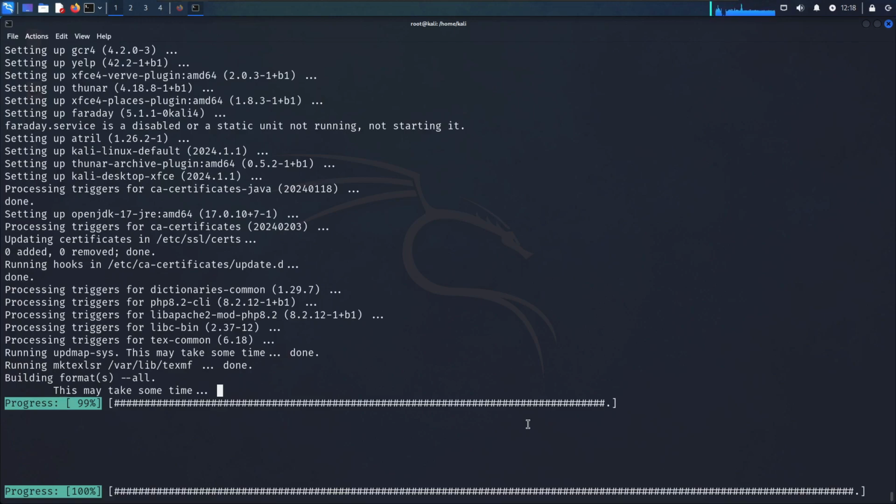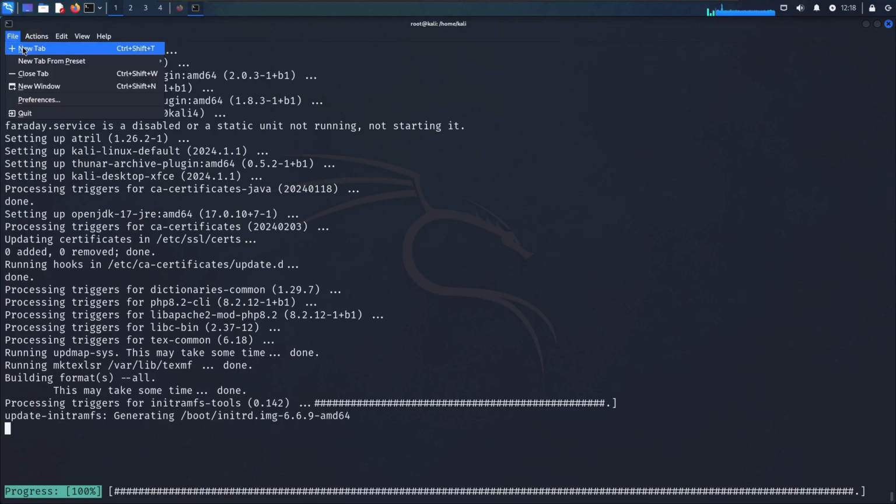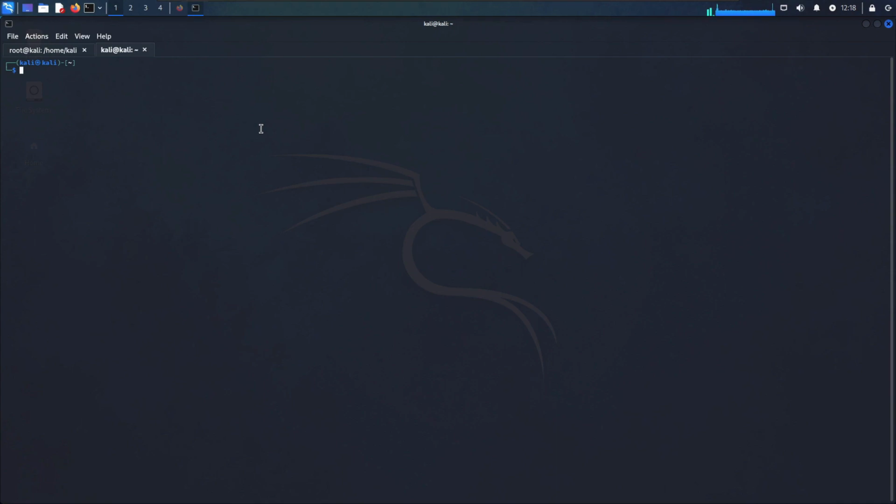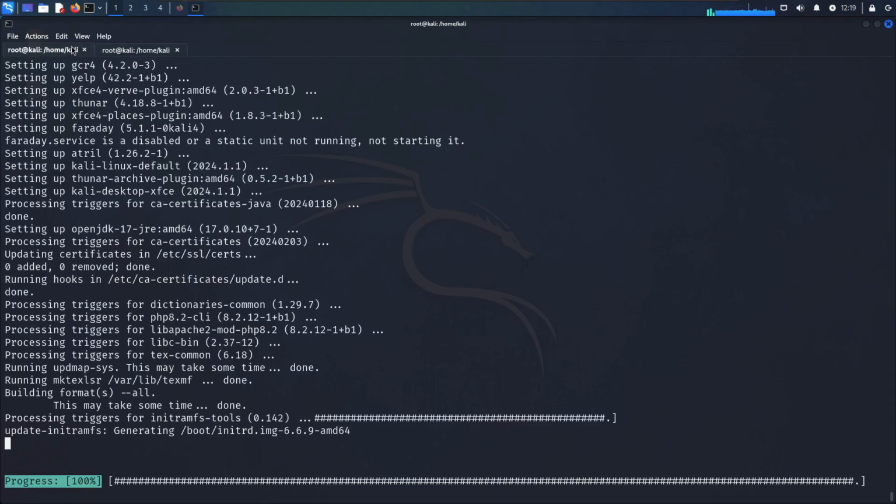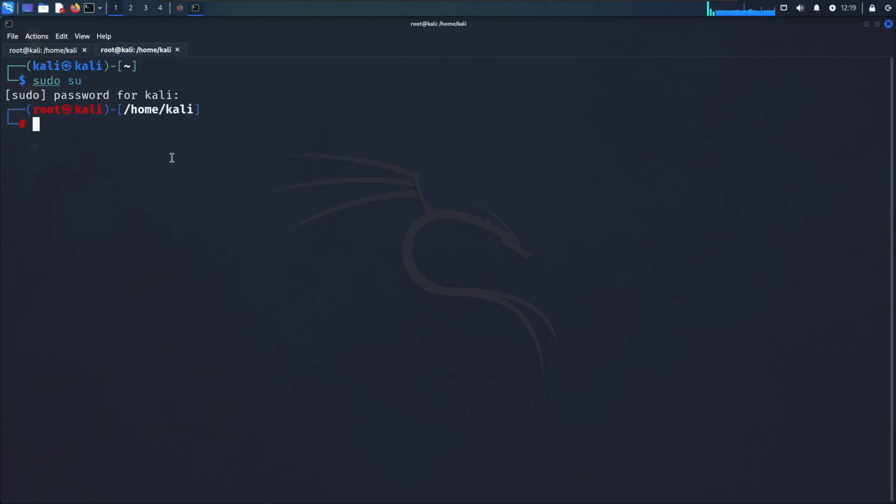After that, if you remember, I told you if you want to install a GNOME desktop environment, you can also do it. So you just click on File, and then click on New Tab. Just maximize it and type sudo su and type the password, which is Kali. After that, you just need to type apt install gnome-core,